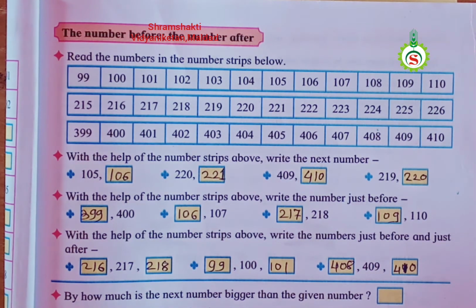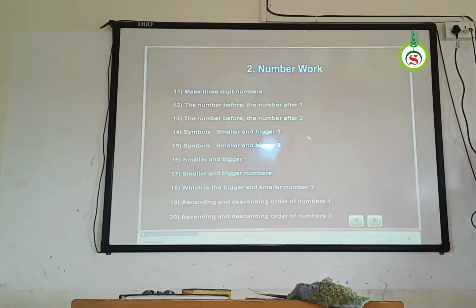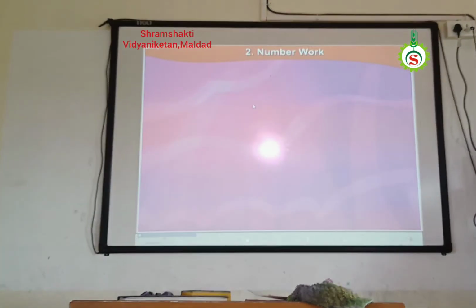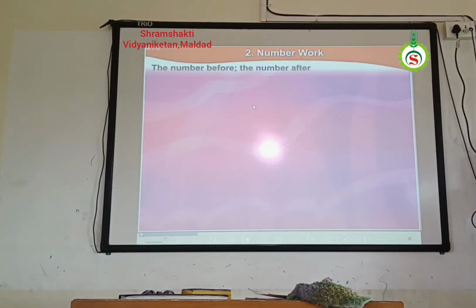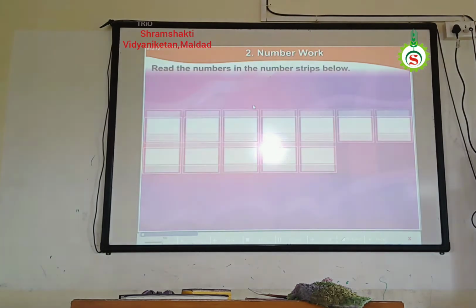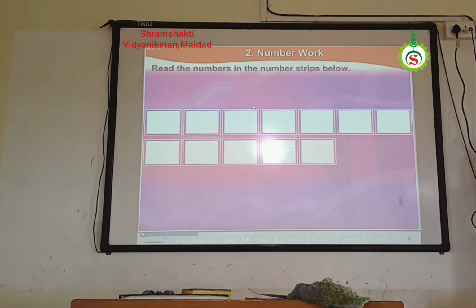Okay, let's see this topic again on the digital board. The number before, the number after. Well, let's learn about that. Read the numbers in the number strips below. Let's do it together. 99, 100, 101,